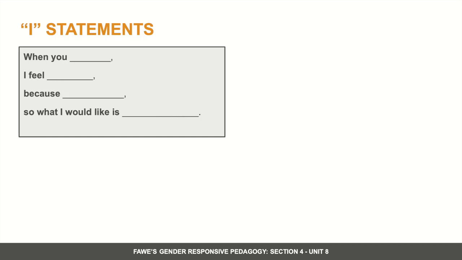An effective tool in the conflict resolution process is an I statement. It is called an I statement because it focuses on the feelings and experiences of the speaker rather than focusing on what the listener's intentions and thoughts are projected to be. An I statement looks like this. When you, I feel, because, so what I would like is,